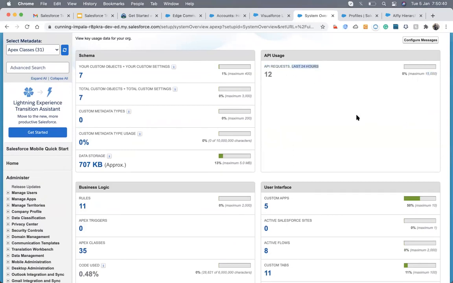Whenever Salesforce is accessed from outside, from a third party tool, it makes a request to Salesforce. That request is countable, they count how many requests are made to Salesforce in 24 hours. Sometimes it reaches the limit.